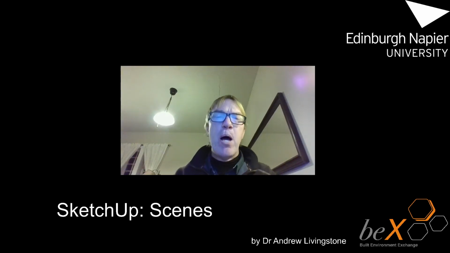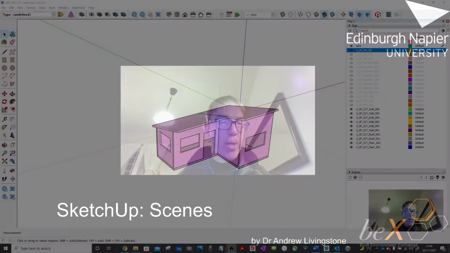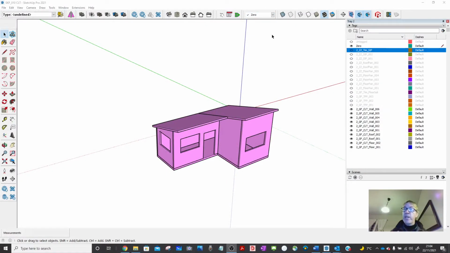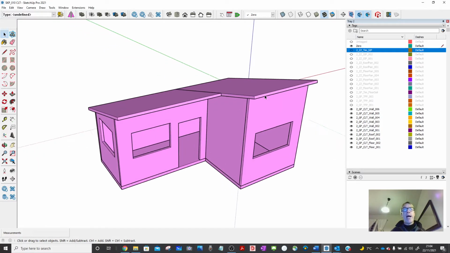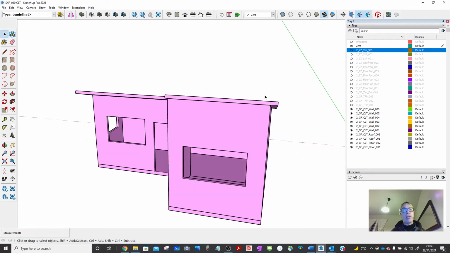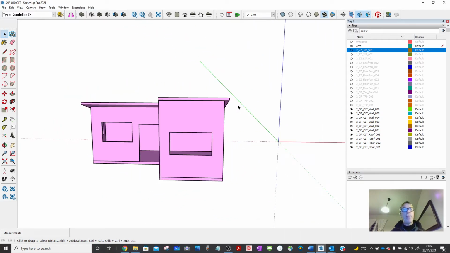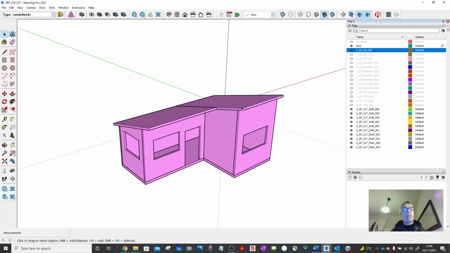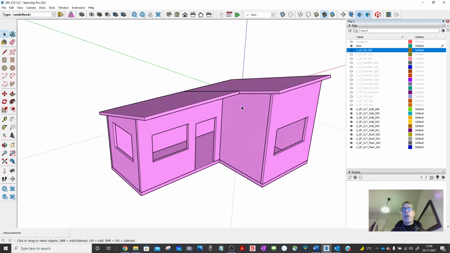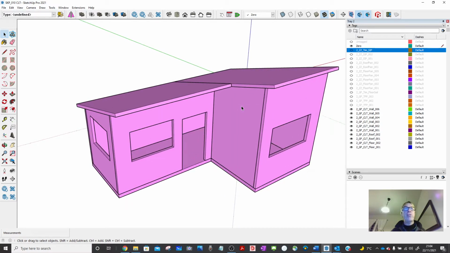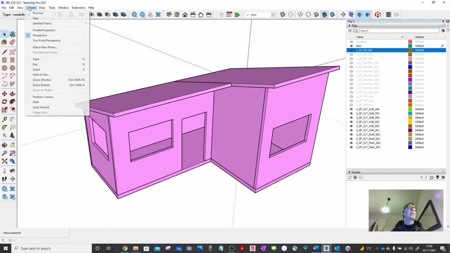In a previous video, we created lots of tags, or another name for layers. And today I'm going to carry on from that, but creating what's called a scene, or in other words, to create the drawings that we want to output. So looking at our little cabin that was made using the cross-laminated timber, if I navigate to an area I think a good output for a three-dimensional view or an ISO drawing with my camera on perspective mode,